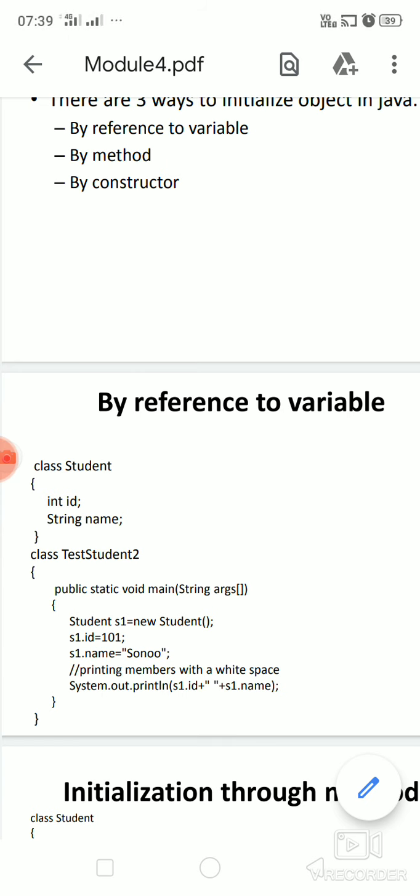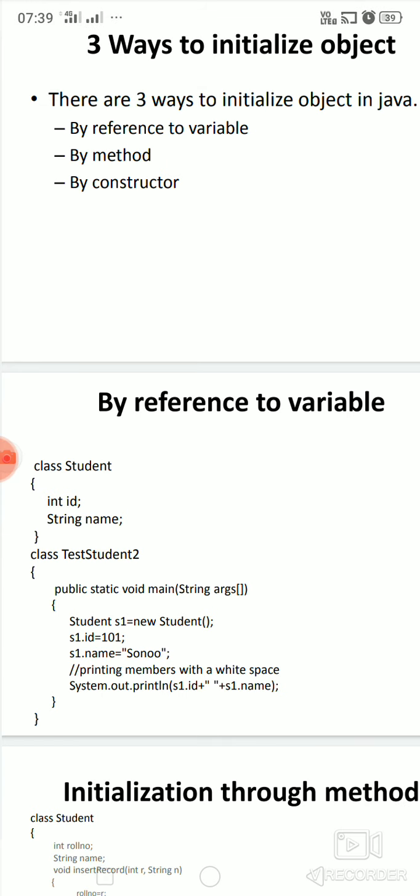And if you want to print the value, here in a Java program we will use a statement like System.out.println. Inside the bracket, whatever you have to print you can give. So here it is s1.id and s1.name, and here you will use a plus sign.